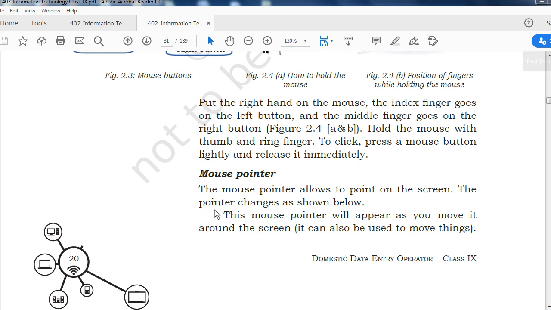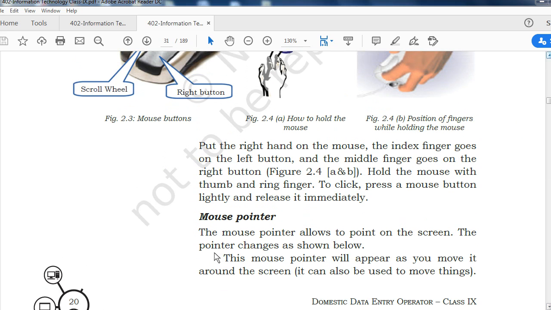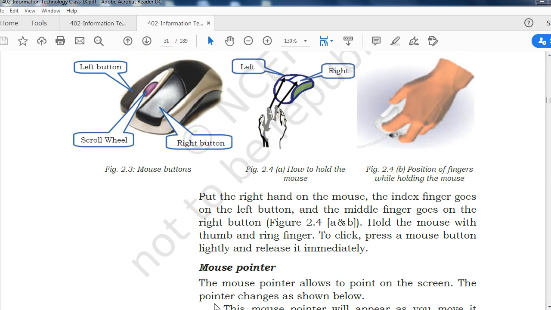Put the right hand on the mouse. The index finger goes on the left button. When you hold a mouse, your index finger should be on the left click button, and the middle finger goes on the right button, from where you can do right click.